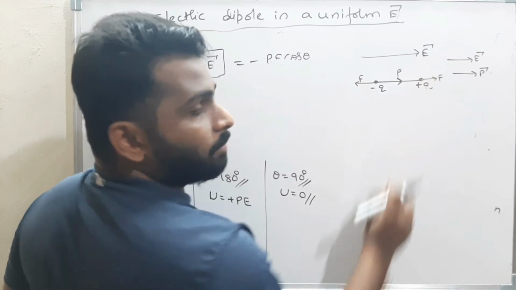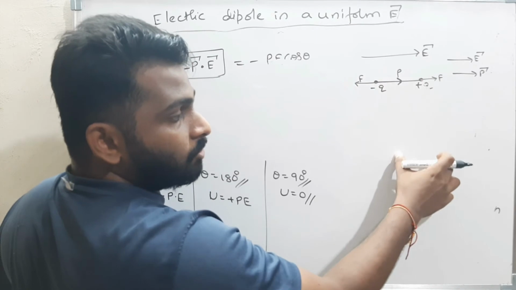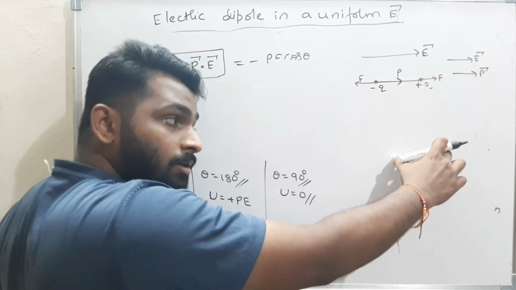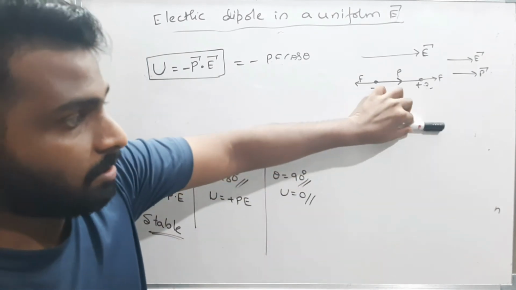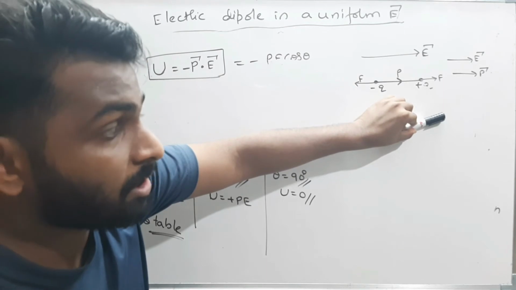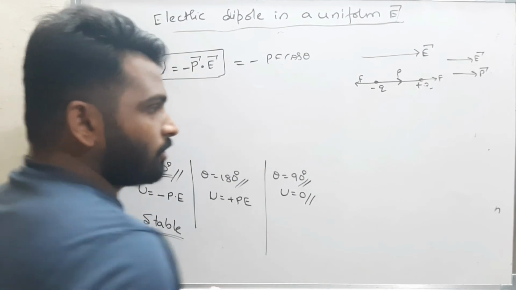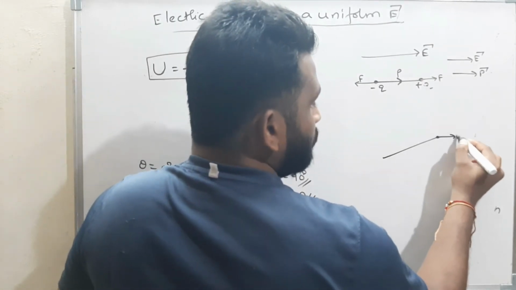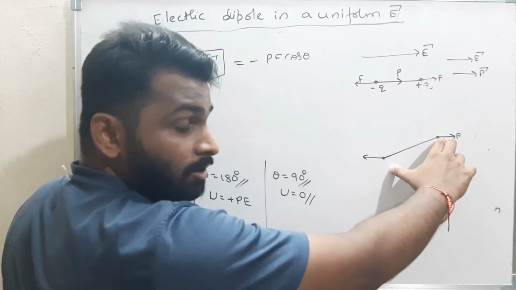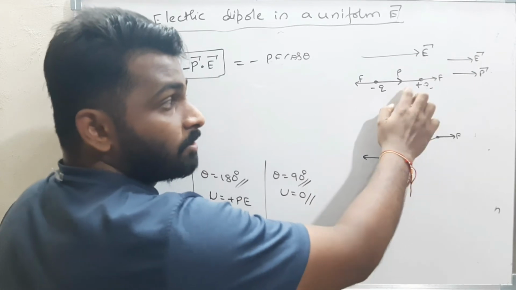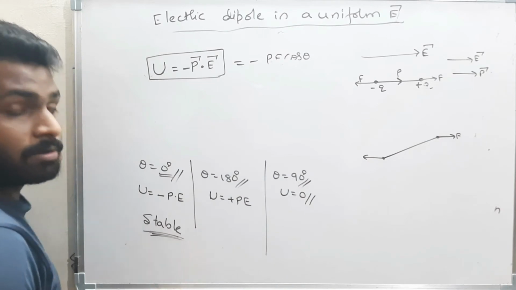When I move it a little bit, when I disturb it, what will happen? Because of these forces, if I move a little bit, again it will start coming back. Can you imagine that? This is a dipole, and if I move a little bit, it won't stay there. It will come back to the original position because of these forces. The body will experience some torque, and again it will come back to its original position. That means when P bar and E bar are both in the same direction, the body is in stable equilibrium.